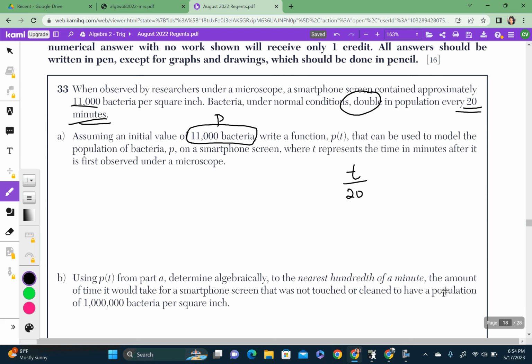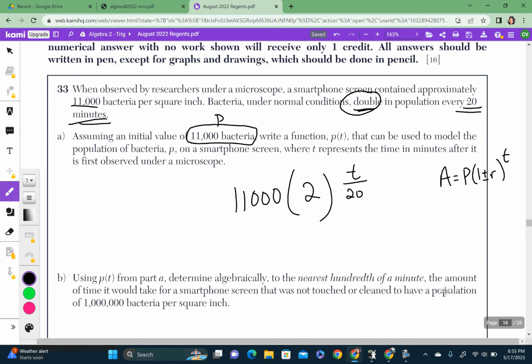All right. So it says initial, so remember this formula, A equals P, right? And then 1 plus or minus the R to the T. This is low-key the formula that we're going to use. So our first number is going to be 11,000 because that is our initial amount. And then we're going to look and see what happens to it. So it says it doubles, which means that our 1 plus our R here is 1 because it's 100% plus